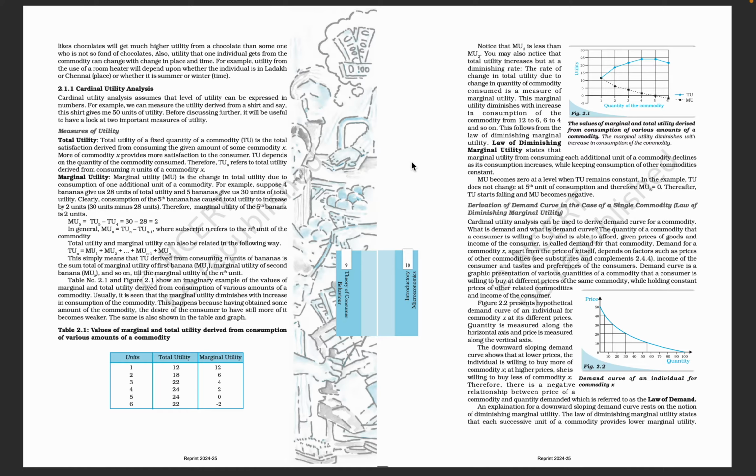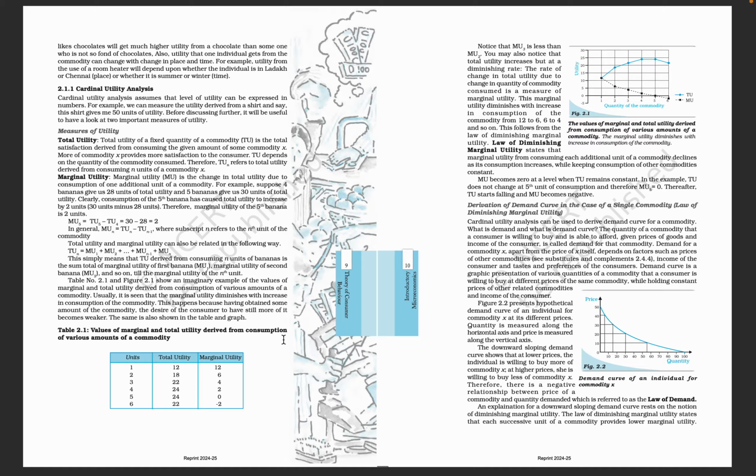Values of marginal and total utility derived from consumption of various amounts of a commodity are shown in Table 2.1. Notice that MU3 is less than MU2. You may also notice that total utility increases but at a diminishing rate. The rate of change in total utility due to change in quantity of commodity consumed is a measure of marginal